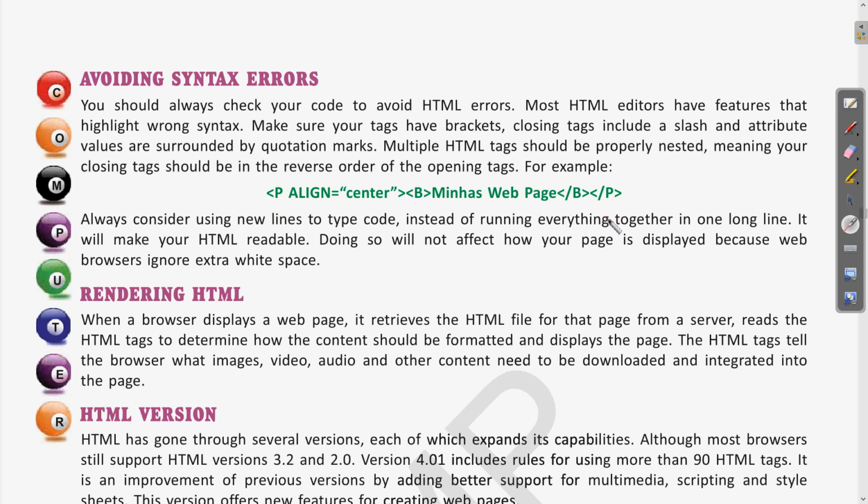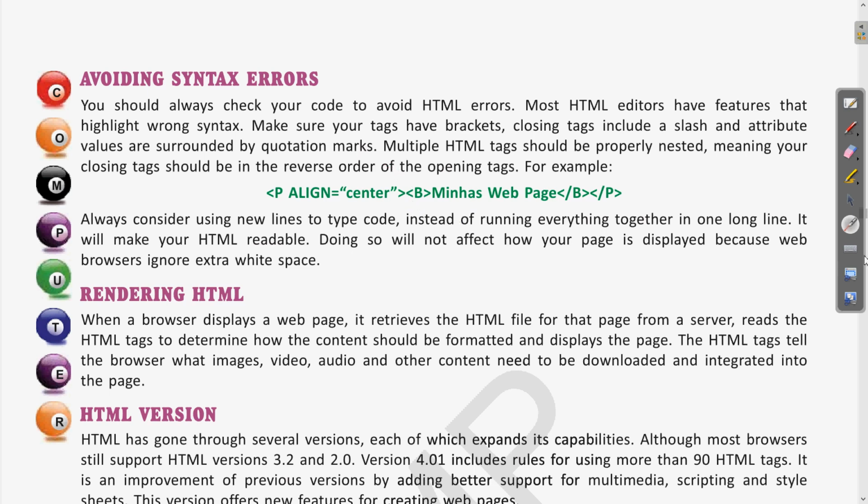Then in each line only a single statement should be written. We have the facility in HTML to write all of the code in a single line, but it is good practice to write it neatly. The program should be written neatly so that anyone can understand it better. So these were all the steps using which we can avoid the syntax error.